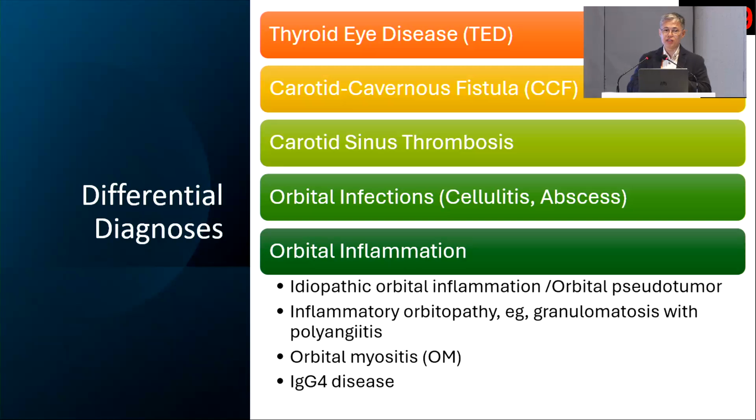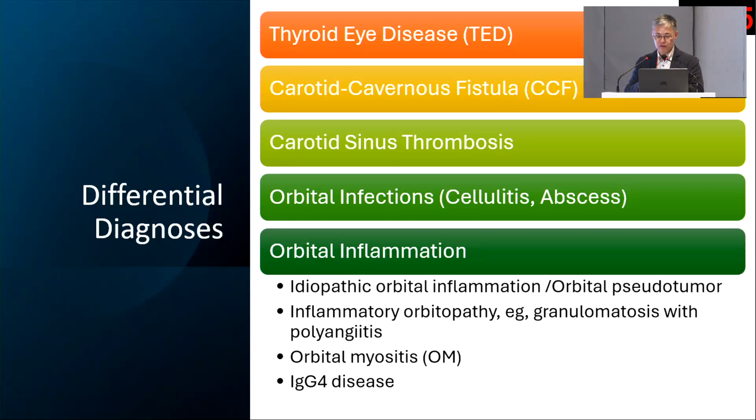But we all do know that these are the common conditions that will give you diplopia and some red eye, right? Thyroid eye disease, you've heard it mentioned a couple of times this morning already, is pretty common. And they do have red eye. You heard a brief mention of carotid cavernous fistula, and we'll speak a bit more about that later. There's this entity called cavernous sinus thrombosis, which we all fear to see because it usually means the patient is very sick. Briefly mentioned were infections and inflammations at the orbital apex, but also